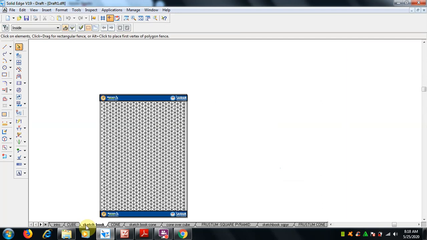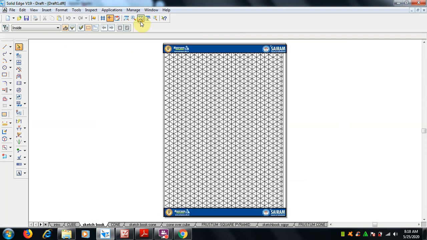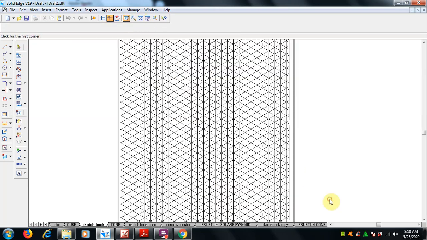Okay, and next one, let me go for the sketchbook, how to draw. This is your sketchbook. In your sketchbook everything is given in iso scale, so you need not measure the value by using pencil and compass. So directly you can select here. I'll show, already we have discussed in the previous video that this is the iso scale drawing sketchbook.